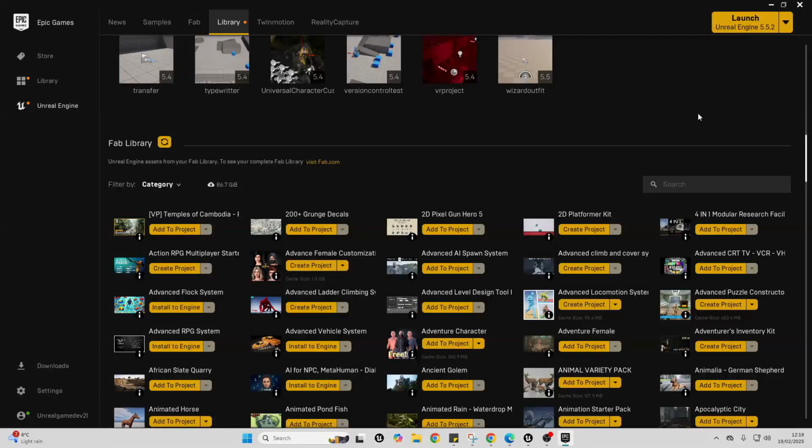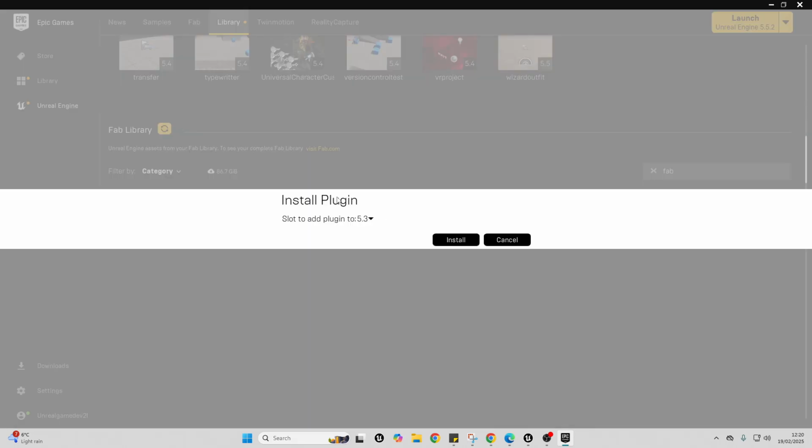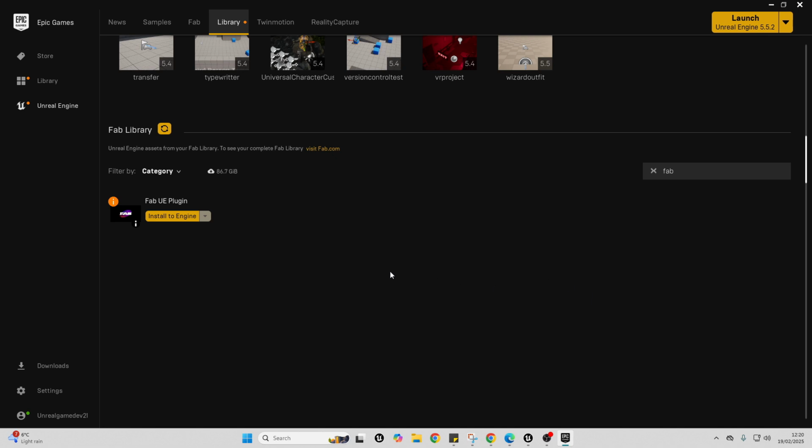To get started, you just want to head over to the Epic Games launcher and scroll down, go over to your library, and just make sure that you have the Fab UE plugin installed. So you can just go over here and go install the engine, and in order for the Mutable plugin to work, you need to be using the latest version of Unreal Engine, version 5.5, so just make sure to install it to version 5.5. Once you've done that, open up your Unreal Engine project,